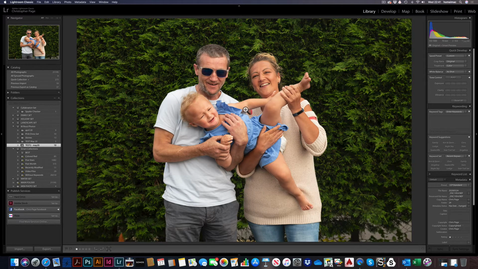To do any changes to this, you need to be in the develop section. In the library, it's all about the metadata. In develop, it's the editing side. Now again, what is quite a good practice to do